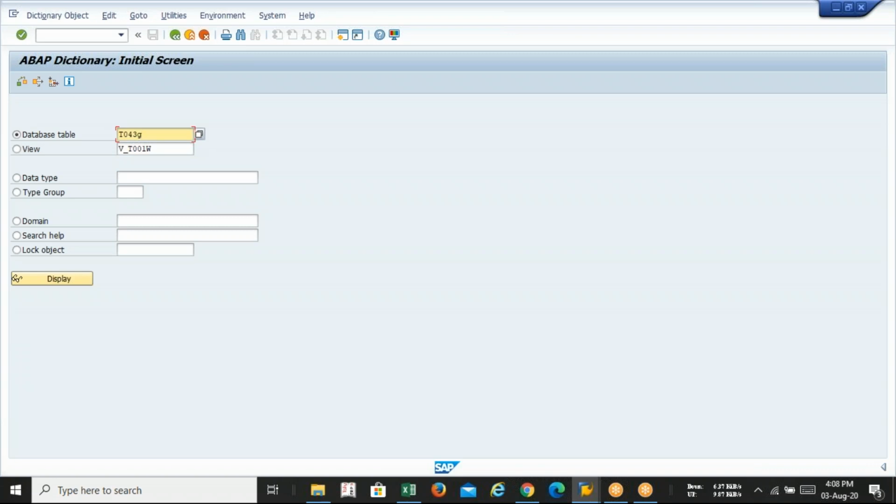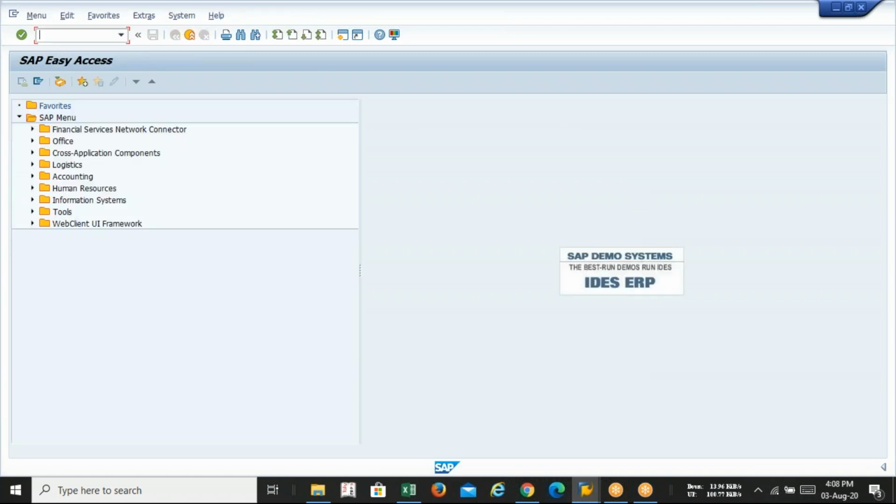What is the meaning of table in SAP? Guys, whenever you get any pop-up list, at the time of searching your company code, group company, plant, purchasing organization, whatever list you get, that is called a table. Say, for example, I need to find my plant. What is the T code for the plant?